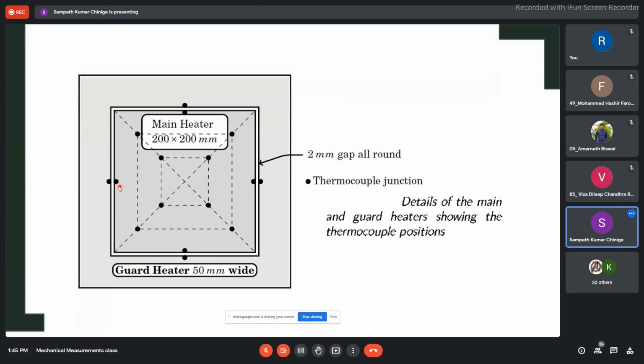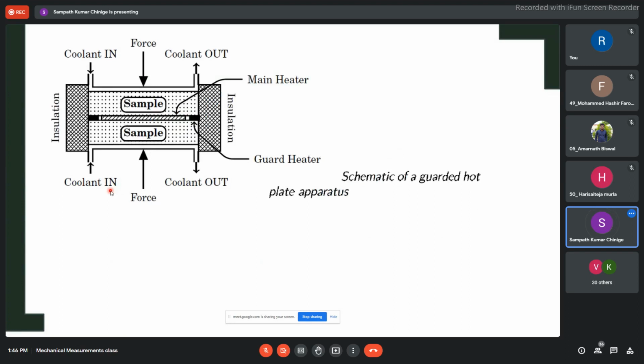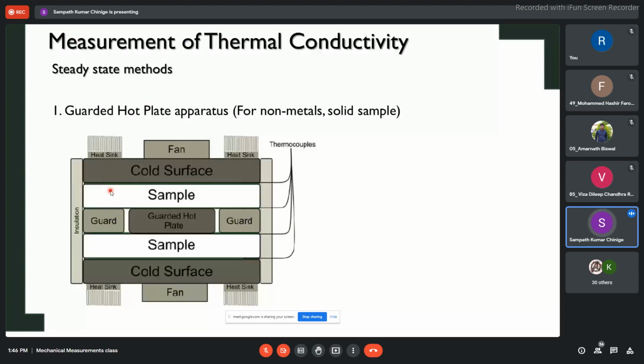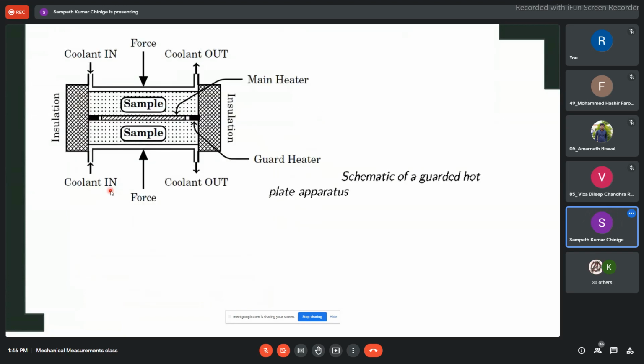So in order to maintain the variation in both the heater plates such that the temperature difference across these two plates is the same, we are maintaining a gap such that the temperature difference always remains constant. So that is the use of this particular gap that we are using in a guarded hot plate apparatus. Apart from that, everything I hope you have understood. That is the gap that we are creating.